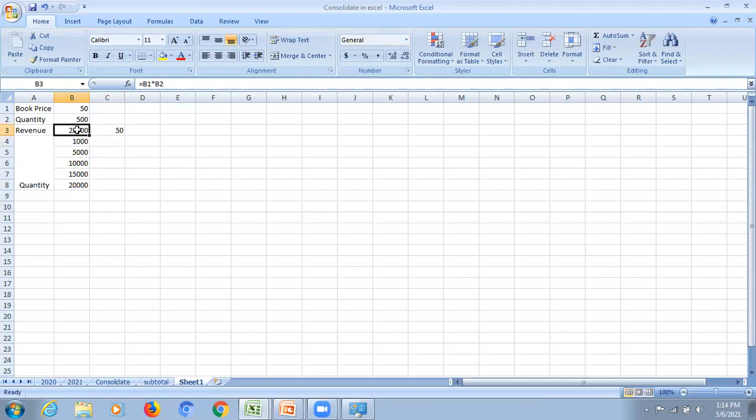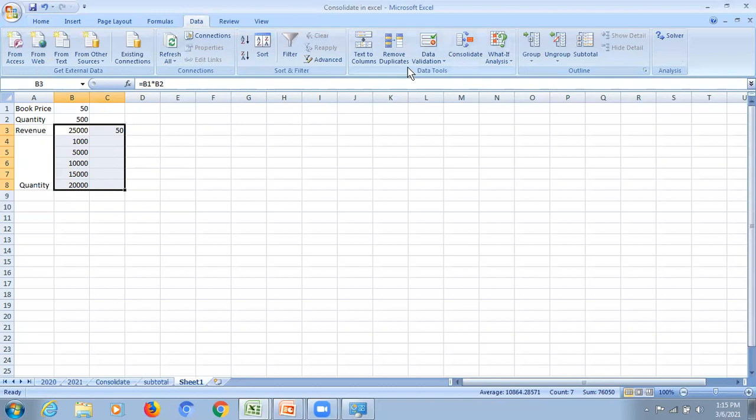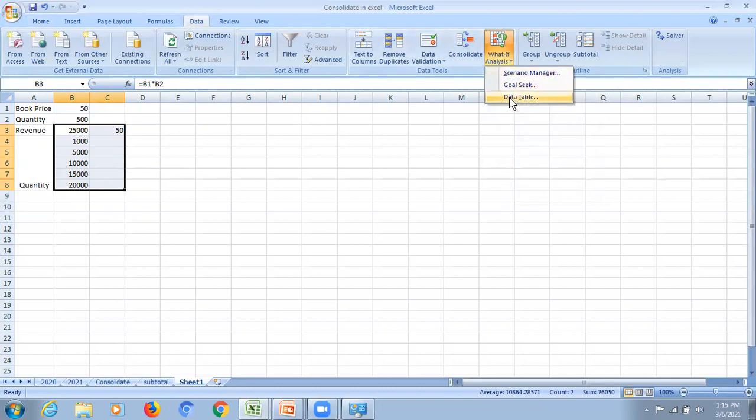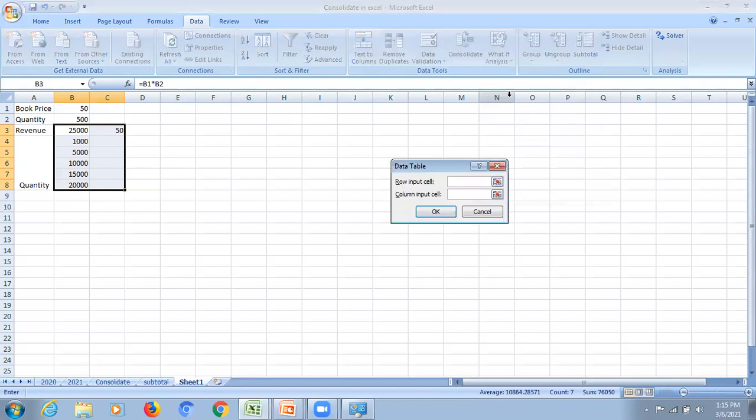So I will select this. Let me go to the Data menu, go to What-If Analysis, click on Data Table, Row input cell. So what is the row input cell? I will enter the book price, as the book price is given in the row. And what is the column? Column has the quantity.